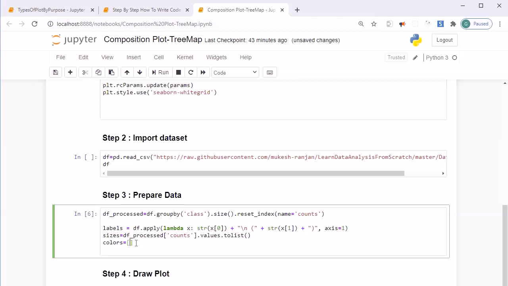So use the square bracket, and within that I am going to write for i in range, and here I am going to calculate the length of the levels which we are having, that is going to be the unique levels. Once we get that, those number of color codes I need to generate. So for that I am going to use